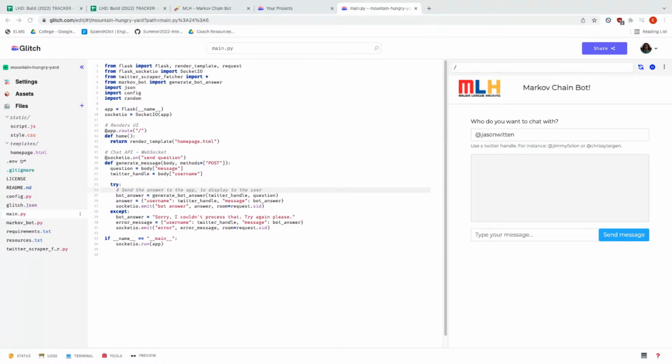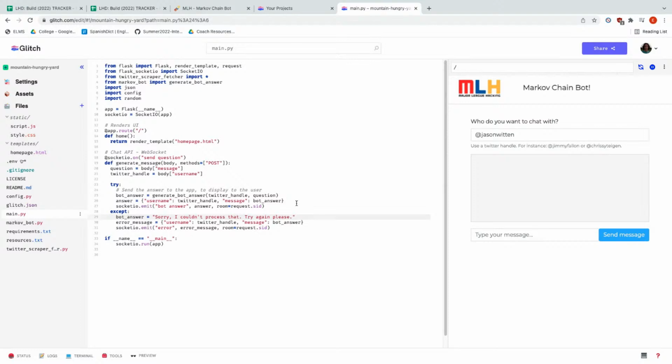In the try block here, this is called a try block. The program will first attempt to do the code inside of this block, and if it doesn't work, it'll move to the except block. Basically, it's going to try to send the answer to the app to display to the user, but if for some reason it doesn't work, it's going to send an exception that says, sorry, I couldn't process that, try again.